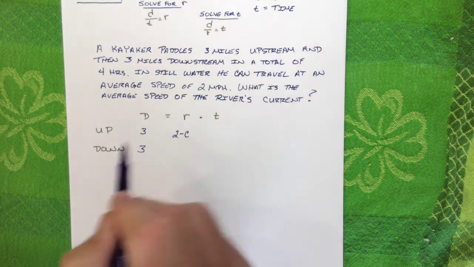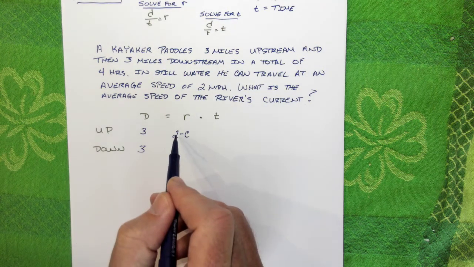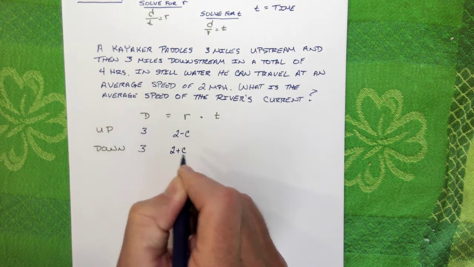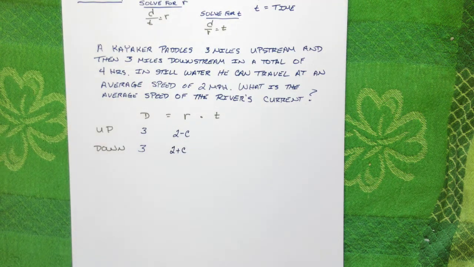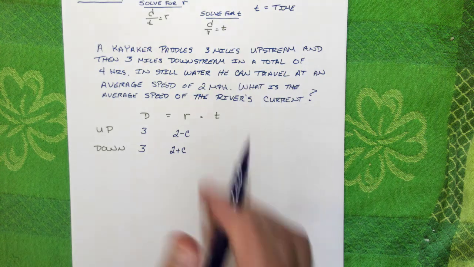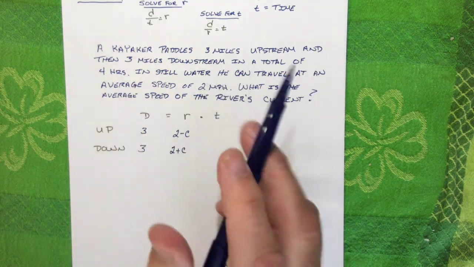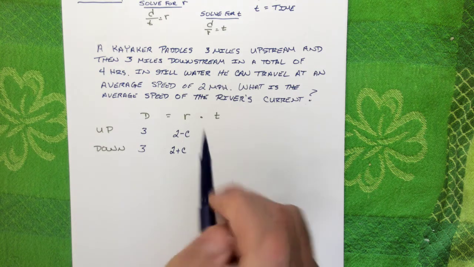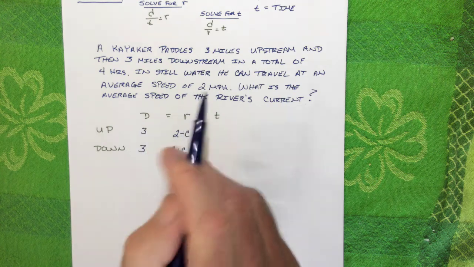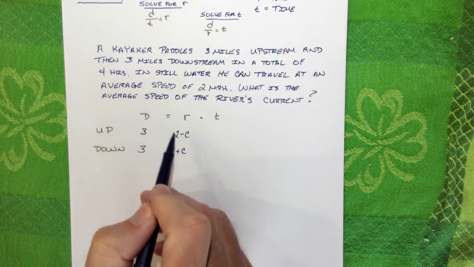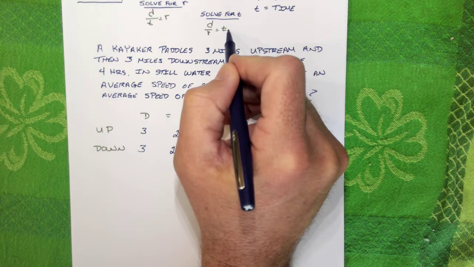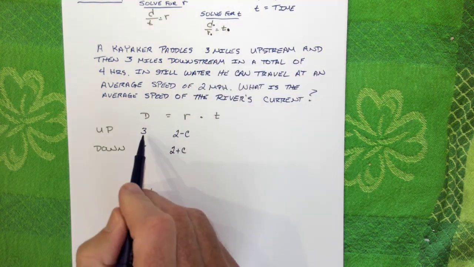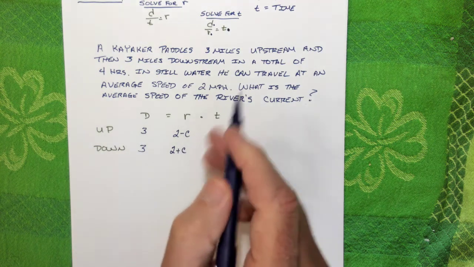When we come down the river, what's that going to do to my 2 miles an hour? It's going to increase it. So whatever that current is, we go plus the current. Now, let's look at our time. Well, it was a total of 4 hours, but that's both those combined together, isn't it? Can I figure out the time based off of this? And yes, we can when we solve for t. That's our distance divided by our rate. Well, we have a distance, and we have a rate. So our time will be